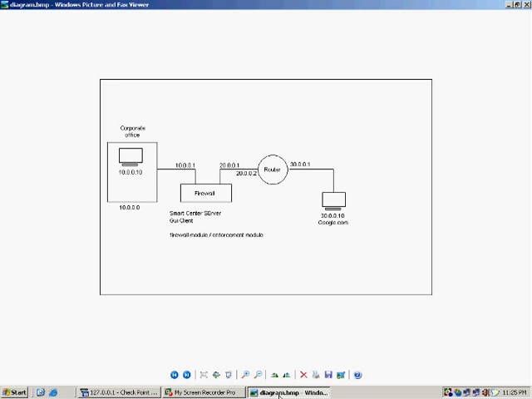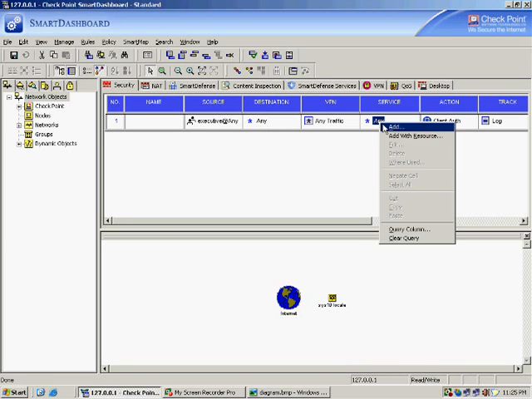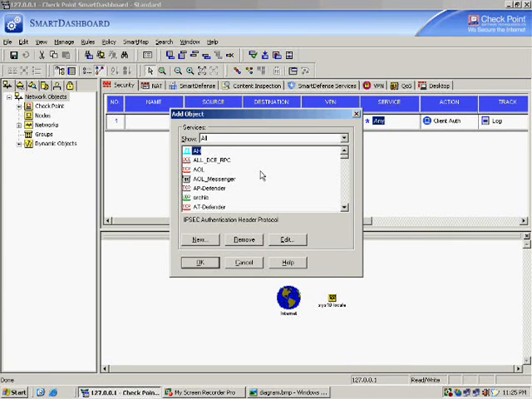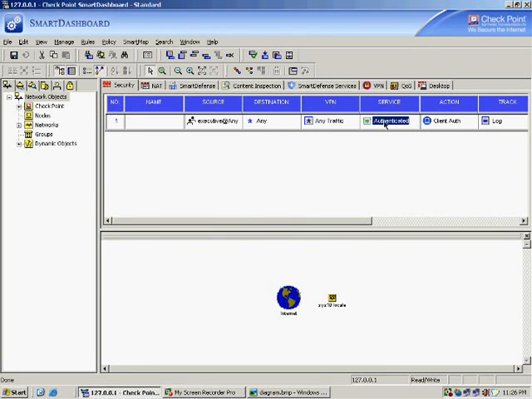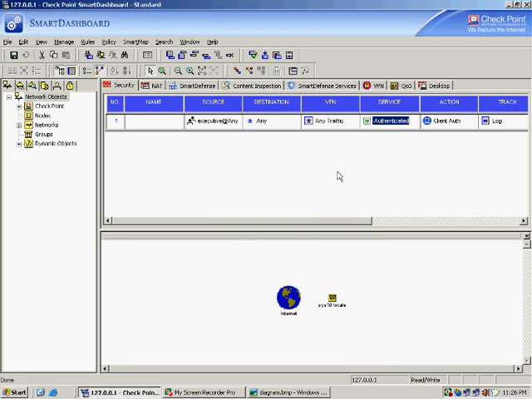Let's see the lab. I minimize this, go to the Checkpoint firewall, source and destination: source these three persons, any destination in the internet, services, say add, there is something called authenticated services. If you right click and edit, you will see that four services, FTP, HTTP, telnet and rlogin, are there. You can even delete one. Telnet, if you don't want, you can remove it like that. So I close, yes,